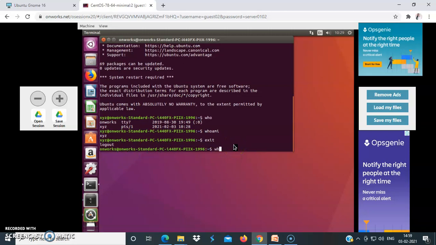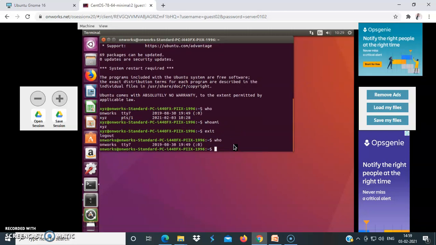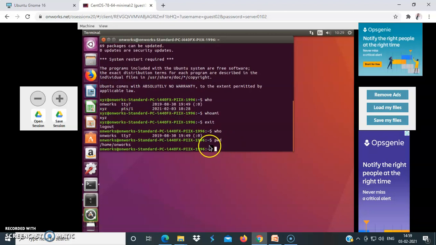Here, who shows onworks and whoami shows onworks. Then the last command is the pwd command, that is, present working directory. It gives the present working directory as /home/onworks, and for xyz the present working directory,